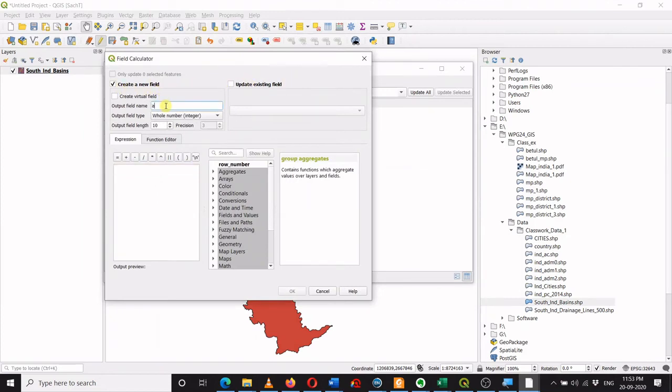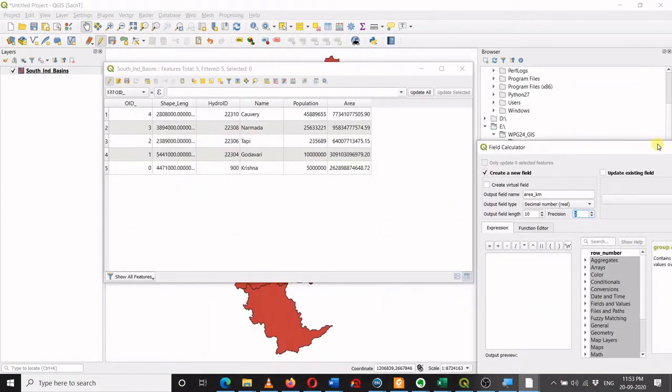This time I will create a field area_kilometer, because I want to show the number in square kilometer. Again it's a real number, and I will set the width to 10, because 10 is now sufficient since it's in square kilometer. The precision will be 2. Now, for calculating the area over here, I have to divide this figure by 10 raised to 6.